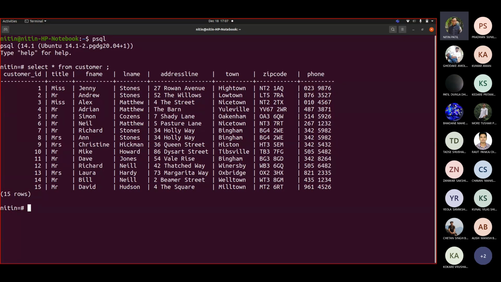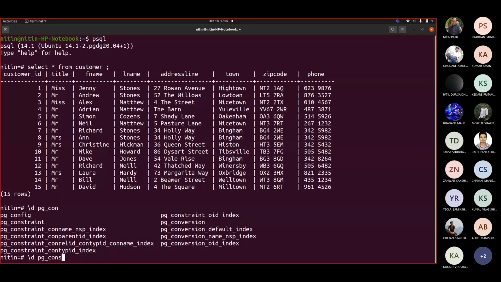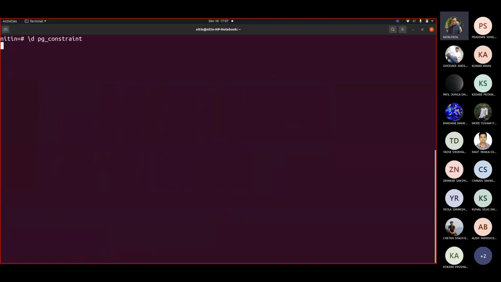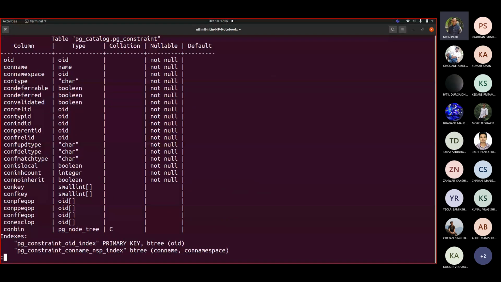The constraints would be taken care of by a table called pg_constraint. If you see, this is the table which really takes care of that particular constraint. Every piece of information stored here can be seen.